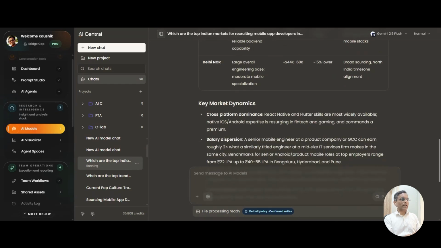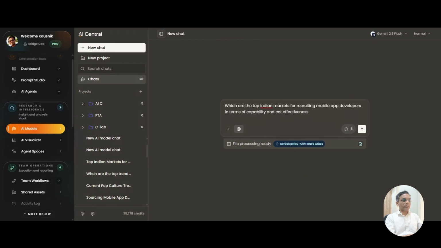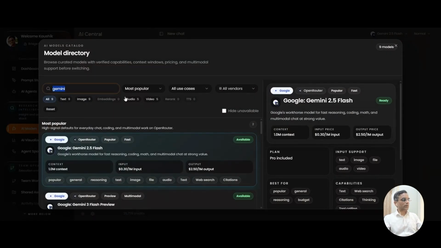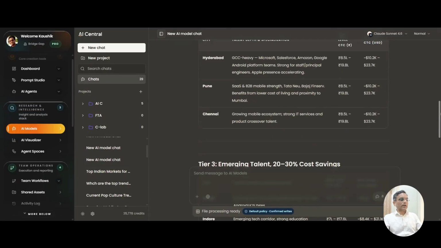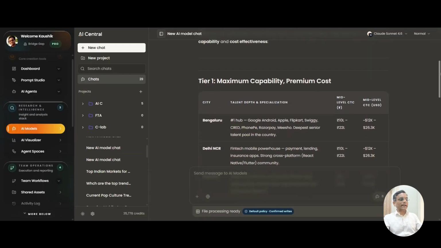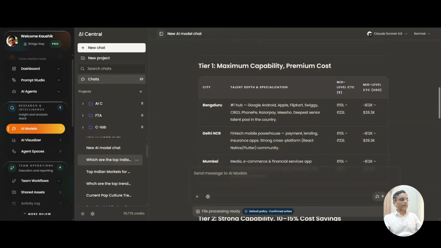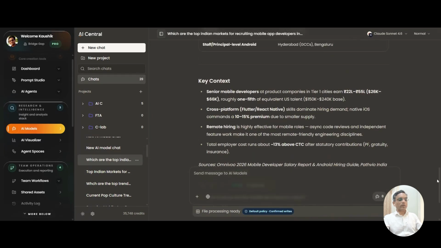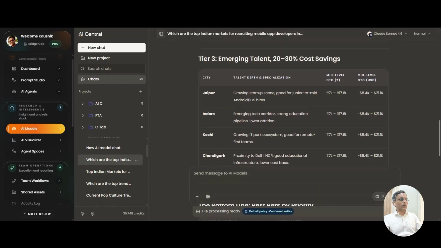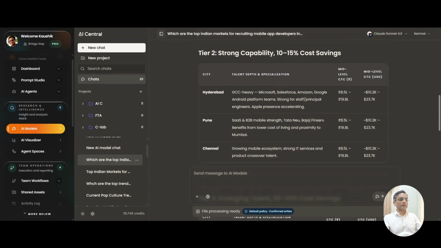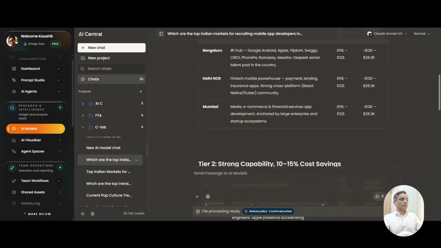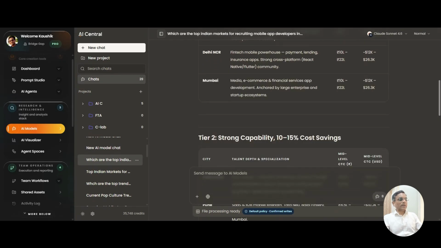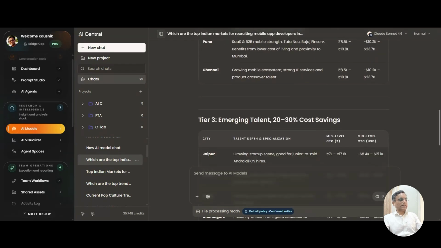Okay. Now let's look at the same question, but let's look at some other model. Let's look at Claude. Okay, so let's look at the answer. It is giving a more detailed answer. It is dividing it into tiers. This is a lot more palatable, and you can work with this. It is giving you mid-level. It is giving you in USD also. That's not so relevant, but you can see that it is easier to work with,